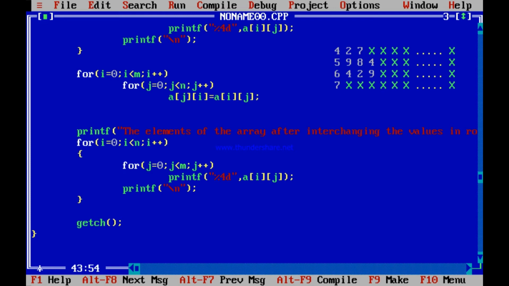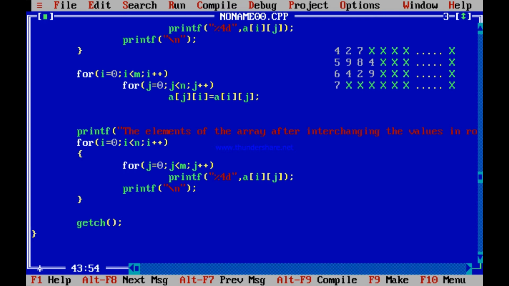Next time I becomes 1, but you are starting j from 0. So again you are saying you exchange A10 with A01. That is, you are again asking it to interchange 2 and 5. If you again interchange, 5 will regain its position and 2 will regain its position. You don't want that. What do you want? You want to avoid that. Instead you want to start from j equal to 1. You want to avoid changing A01 with A10 now. You want to start from A11.